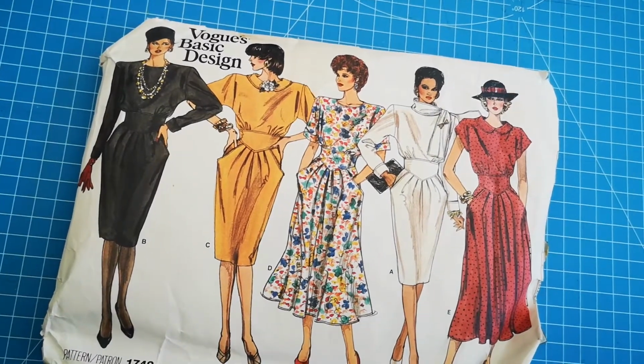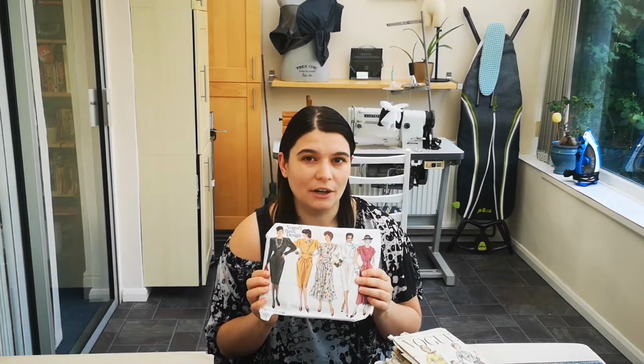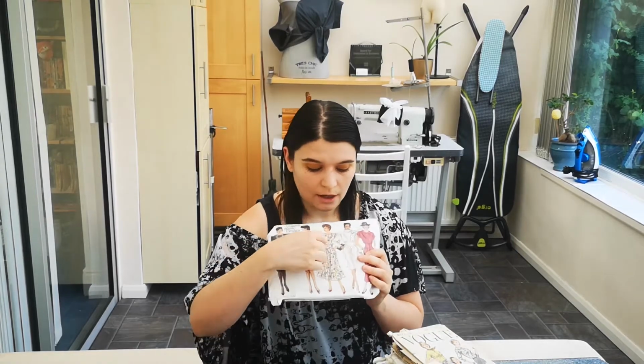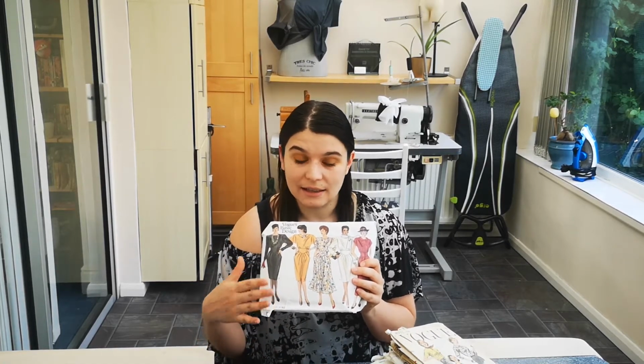The first one is clearly from the 80s, and it's this one. And I really like it, and the reason I like it is because even though this kind of silhouette is not really in right now, I mean, it probably will come back at some point in one shape or another, I quite like the shape of the waistbands. I think they're really cool, and I thought that instead of using the pattern as it should be, I could make a slight change to the waistband